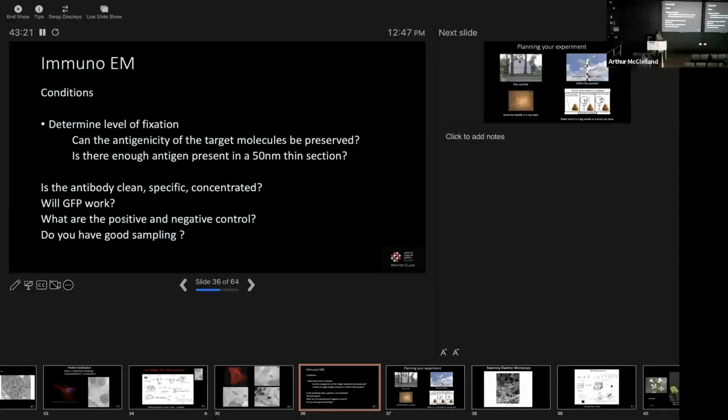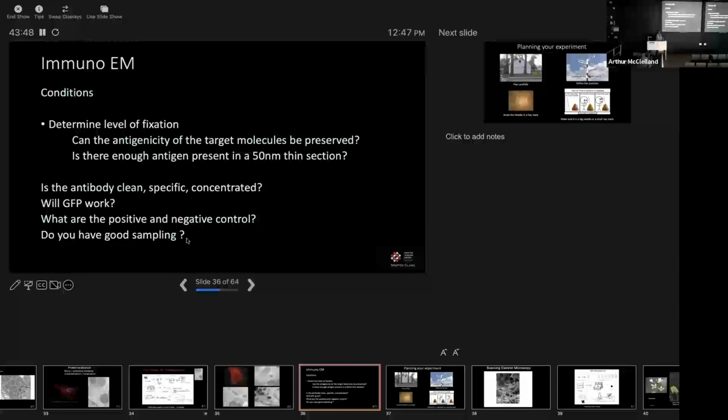You need to think about your positive and negative controls. You think negative control is going to be just a secondary without the primary. See what your background is. Positive control is harder to come by unless you do this sort of work for a living in your lab. It's harder to have a constant everyday winner that you can say is your positive control. But your negative control is imperative. You have false positives all the time.